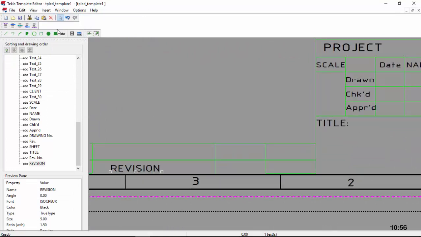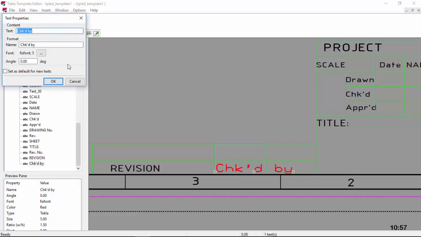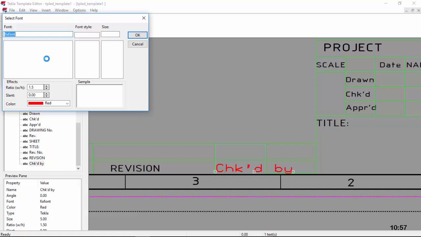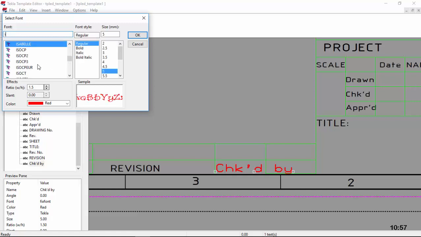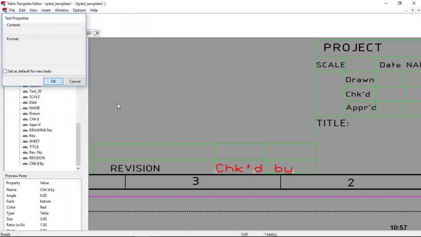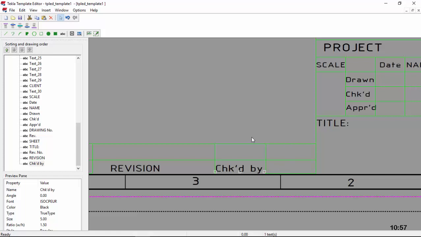We'll come here again and place revision done by who, checked by, we'll place it here. Click on that, and we'll change to a different font style and give a different color here, and click on that for that to change. Now date of revision,